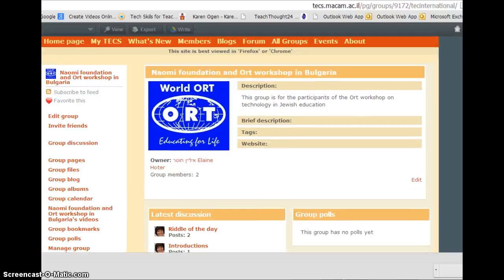anyone can add anything to our group once you're a member. You all have equal opportunity. כל אחד יכול להוסיף. If you go into group discussion,